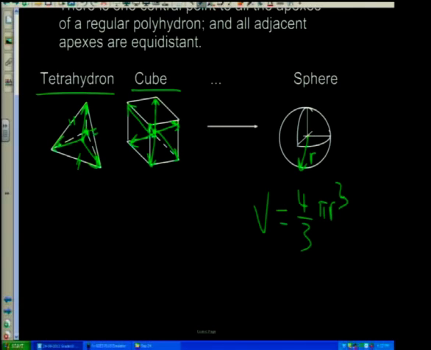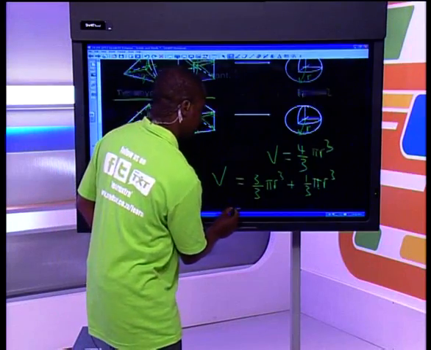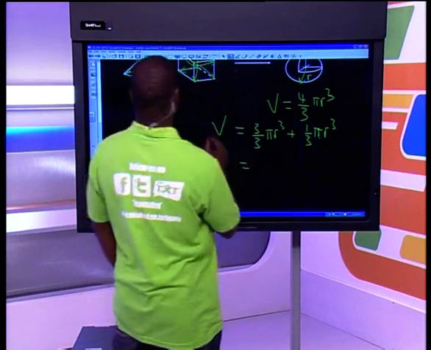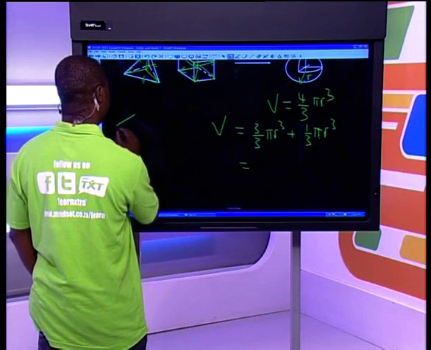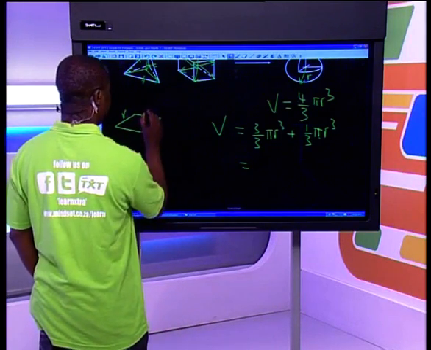But then we can split it a bit. If you look at it, it looks like it's made up of two parts. So this volume, you could split it and say it's 3/3 pi r cubed plus 1/3 pi r cubed. So someone already can see that this is like having a cube of dimension r